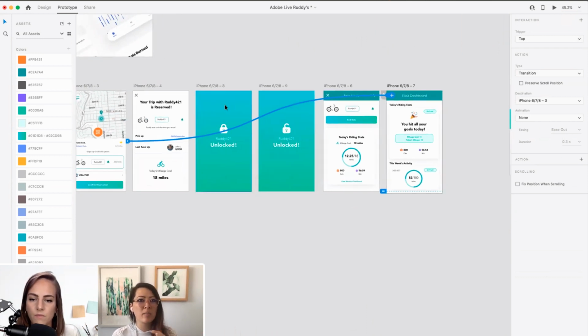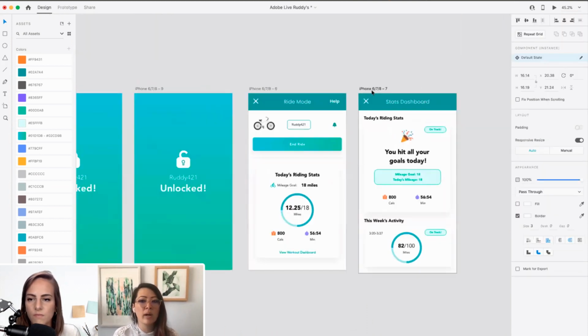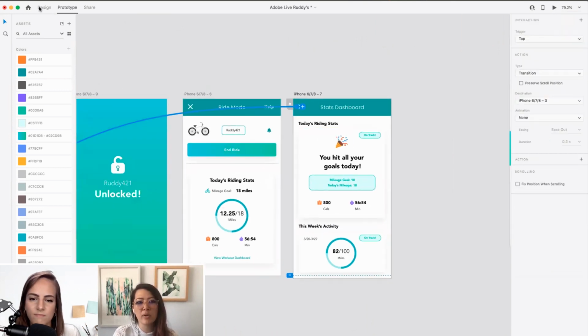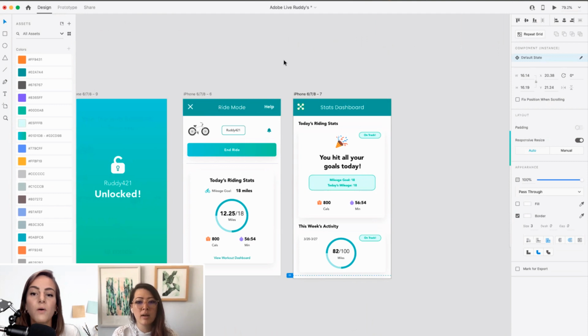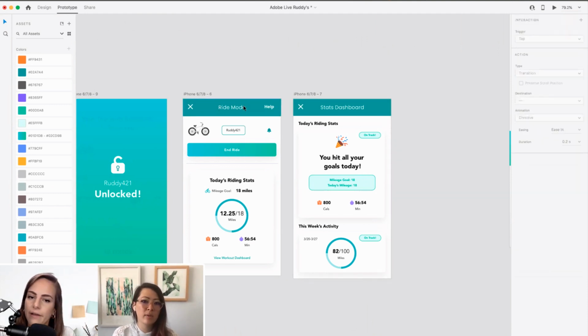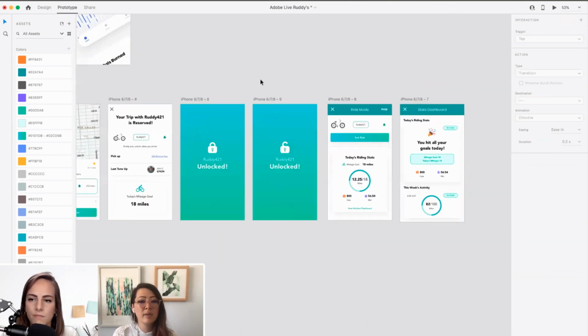If you have the same arrow that needs to go to the screen, you just copy and paste it. Or if I wanted to copy and paste this whole element, I can paste it in and it just remembers all the interactions. But you have to make sure you're in prototype mode to do that. Oh, so it doesn't work if you're just in design mode? If you're just in design mode, it doesn't. Okay, so you have to be in prototype mode to copy and paste. It's been very helpful for me.